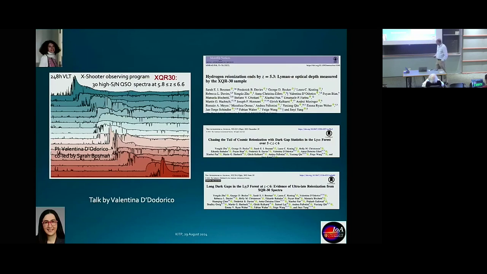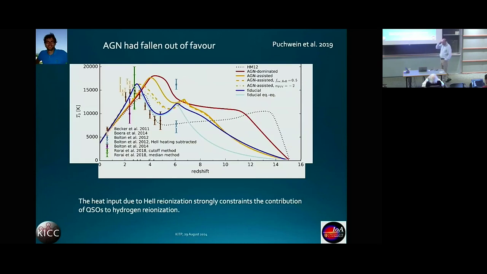So this led to this large program Valentina will discuss in quite some detail, where we looked at a number of statistics with a large team and more or less showed that they all agree with these kind of models. And one of the two questions that I want to discuss in the remaining time is what are actually the sources of reionization. We had seen also in Benedetta's review that the prime contenders are massive stars, maybe primarily in faint galaxies. It's not quite obvious, but there could also still be a significant contribution from what's called QSOs, or what we maybe now want more to call faint AGN, that are now found in large numbers.